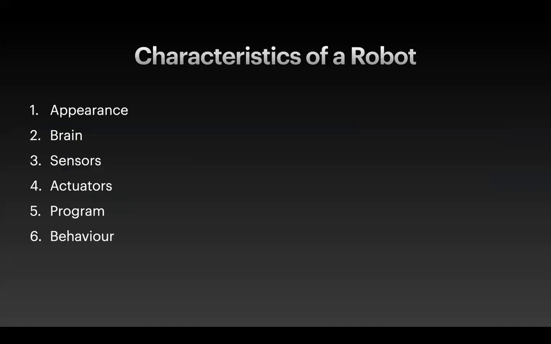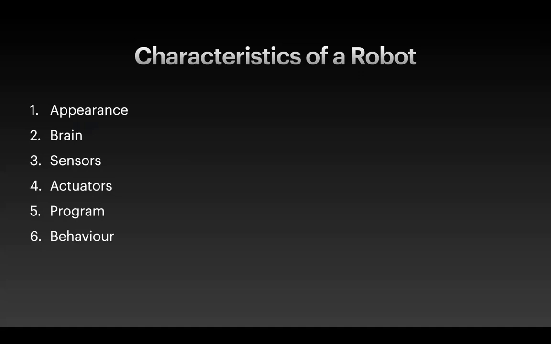So the first one is appearance, right? Appearance කියන්නේ පෙනුම, how the robot looks. The appearance of the robot is the number one characteristic. Depending on the appearance, we can categorize it, or we can identify this robot as a robot which does these types of tasks, but not these types of tasks. Likewise, appearance is the number one characteristic of a robot.